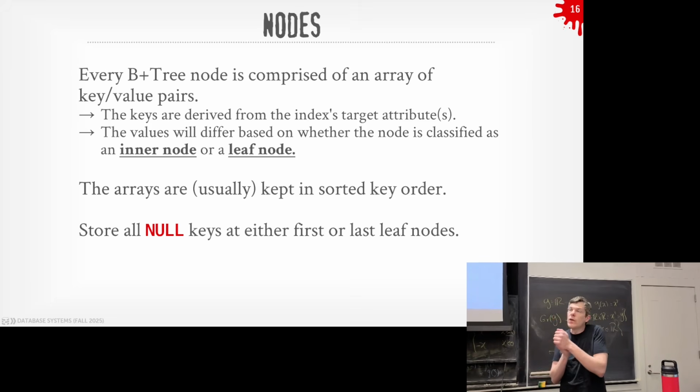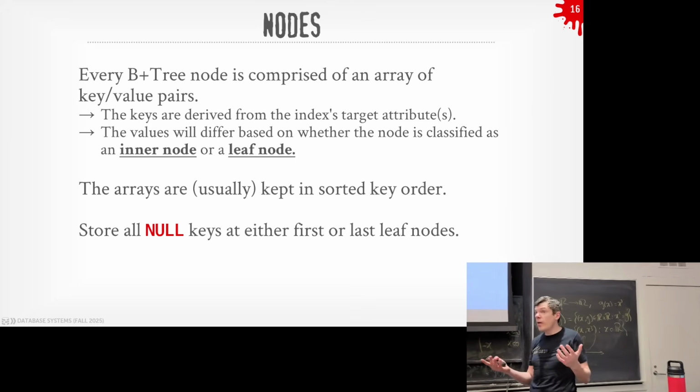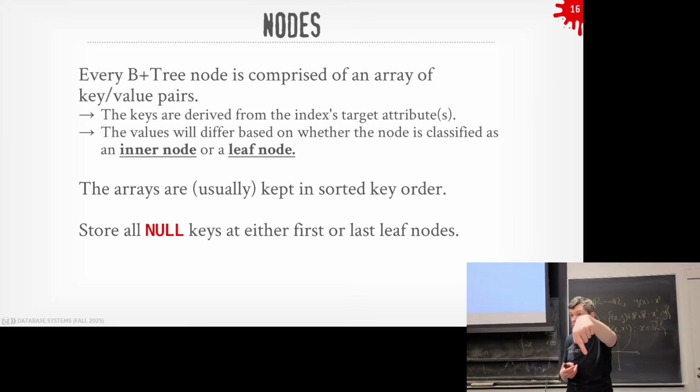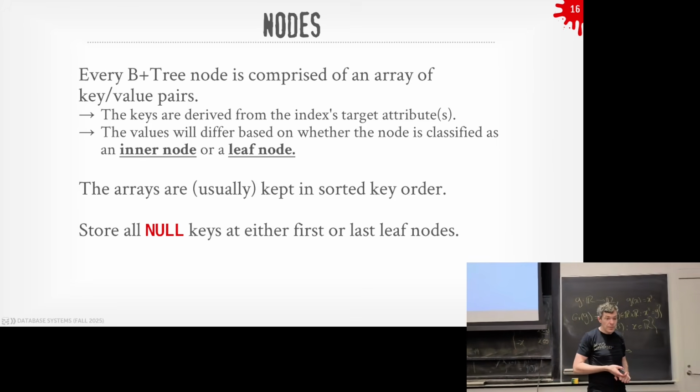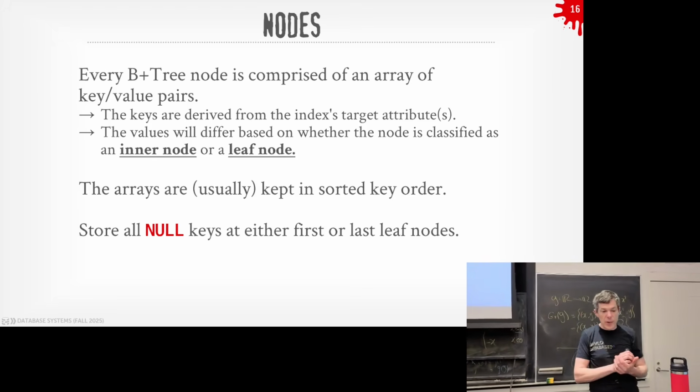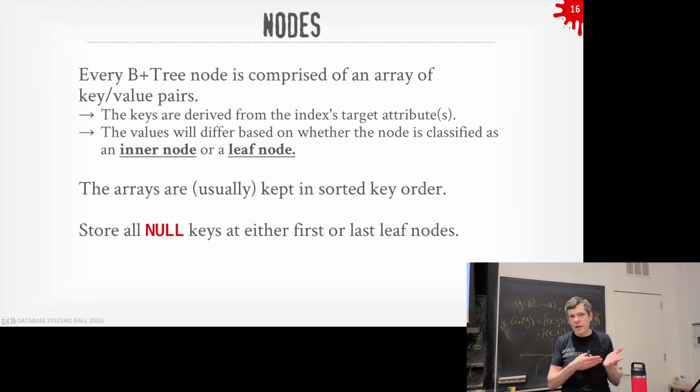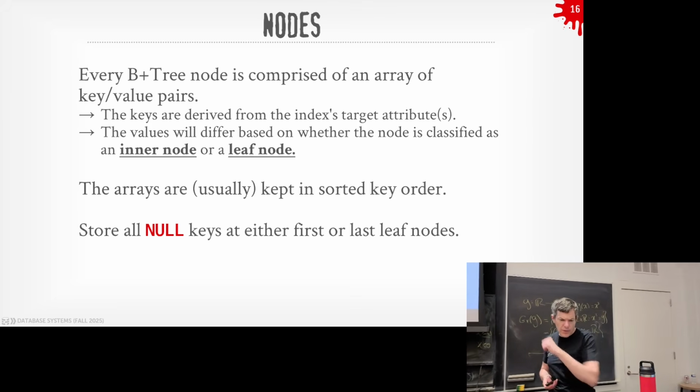Do I want to store record IDs, pointers to tuples? Do I want to store the entire tuple itself, like I do with MySQL and SQLite? In some systems like MySQL as well, the leaf nodes will actually store a primary key as the values. So then I can take the value, the primary key, and do a lookup in the primary key index to actually get the record ID or get the table, right? And then for nulls, we have to treat them specially, and typically you either put them at the beginning of the list or at the end of the leaf nodes. I think by default in Postgres, they put them at the end.